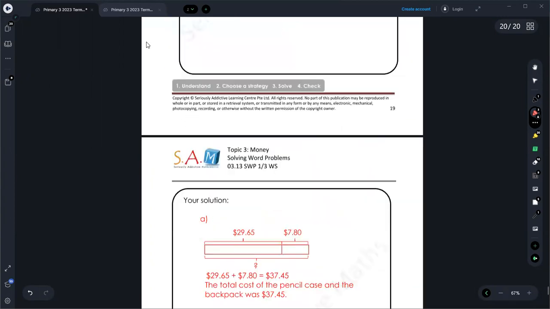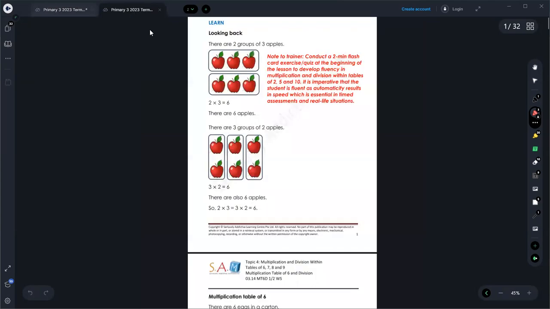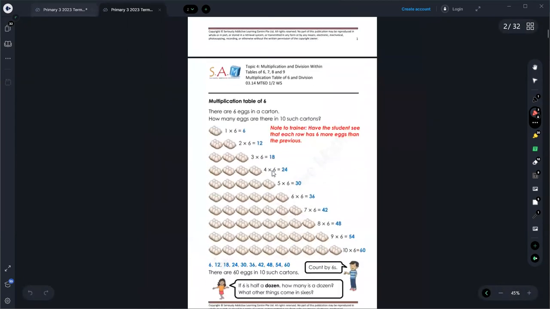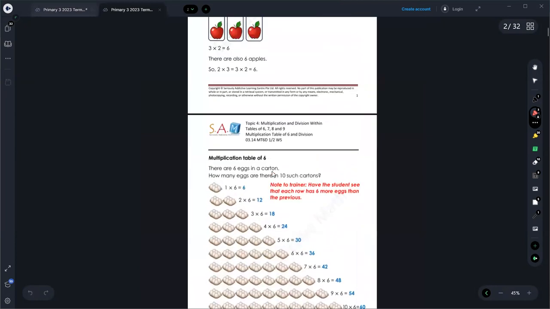All right, so now for the 6 times table, very easy. They actually know the grouping. So the idea of this question here is to get them to see that 2 groups of 3 apples and 3 groups of 2 apples will get you 6 apples, right? 2 times 3 equals 6, 3 times 2